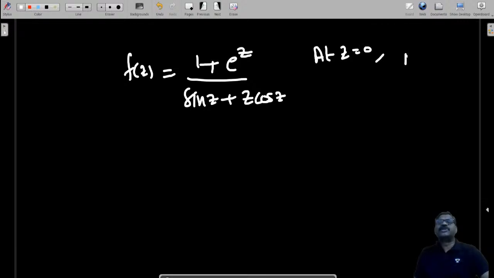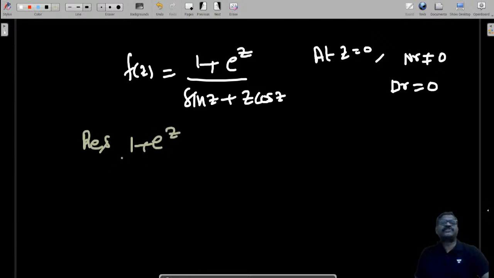Observe that at z equal to 0 the numerator is non-zero, but the denominator equals 0. I am going to apply that logic to find the residue: the residue of (1 plus e power z) by (sin z plus z cos z) at z equal to 0 is